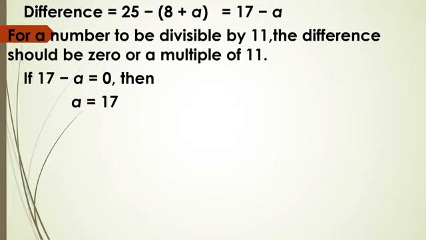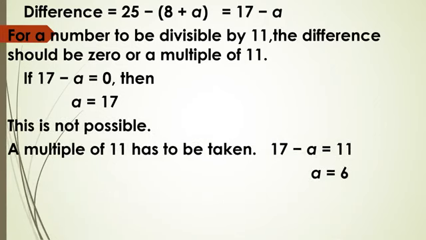But at the A place, we can't write a 2-digit number, na? We can't write down 17. That is not possible. So what else will we subtract? 17 minus 6 is 11. So, if at A we write down 6, then we will get 11. And 11 is divisible by 11. So the required digit is 6. Beta, please listen to these questions very carefully 2 to 3 times, then it will be understood by you. Okay? Thank you.